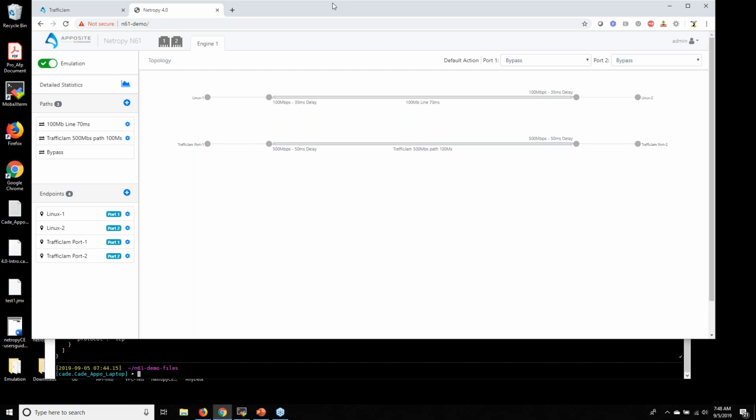Essentially, there are different hardware appliances, which Cade covered at the beginning, which have different price points depending on whether it's a Linktree or a Netropy, or if it has multiple WAN links.